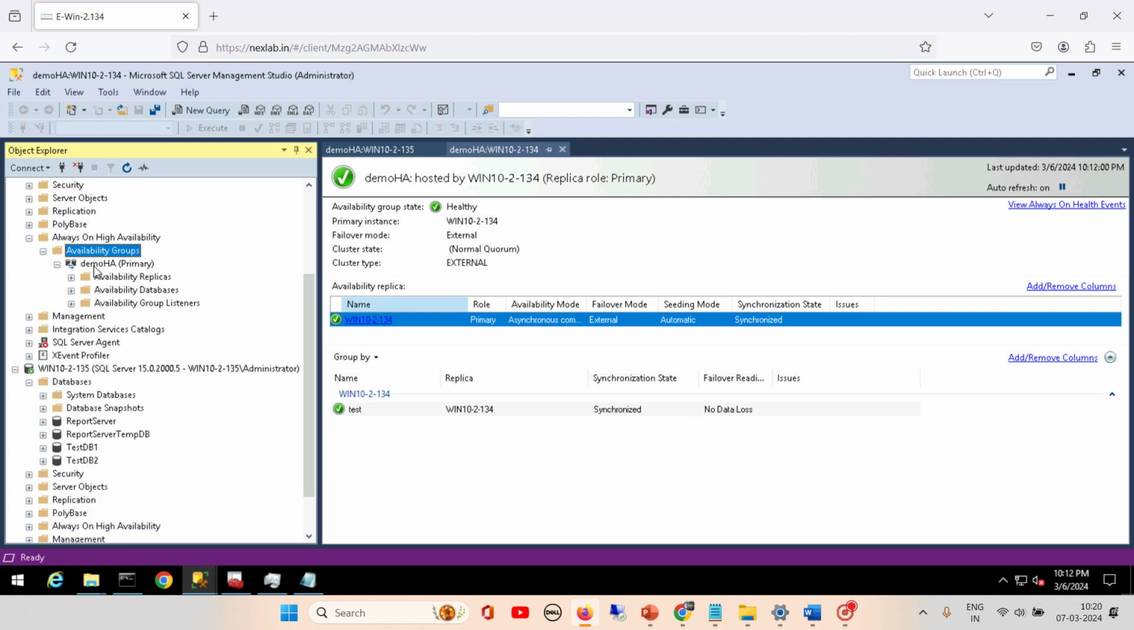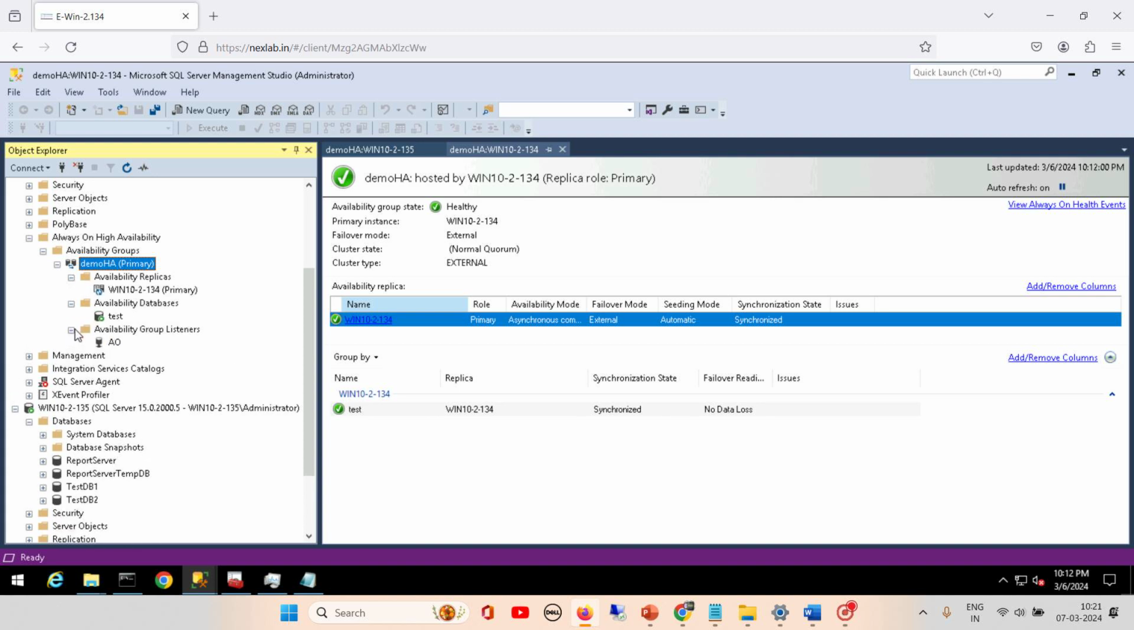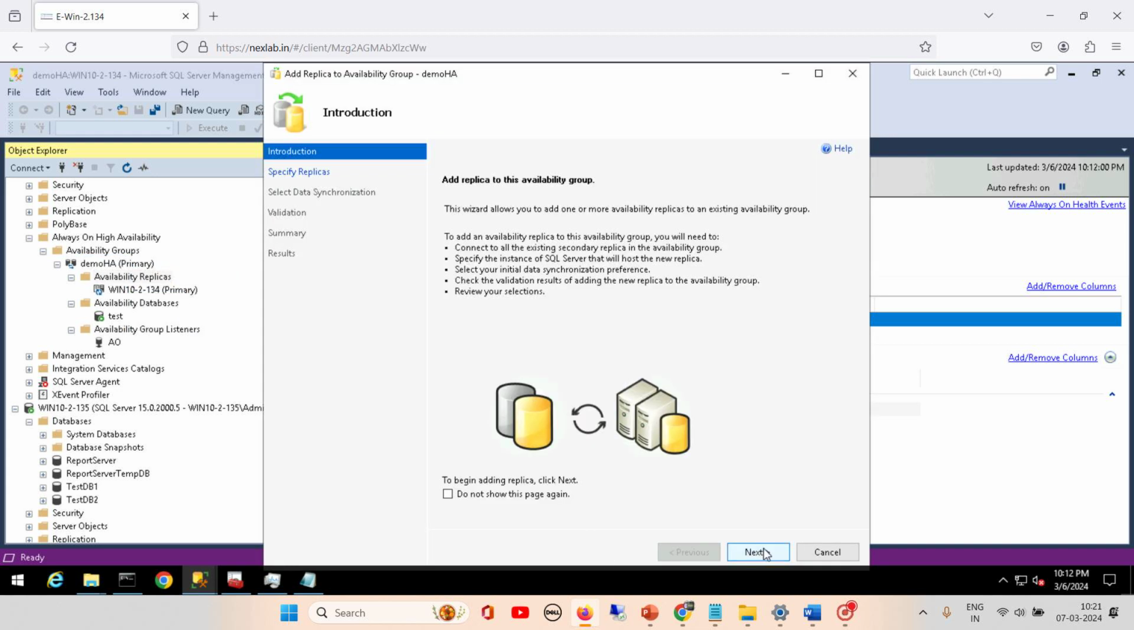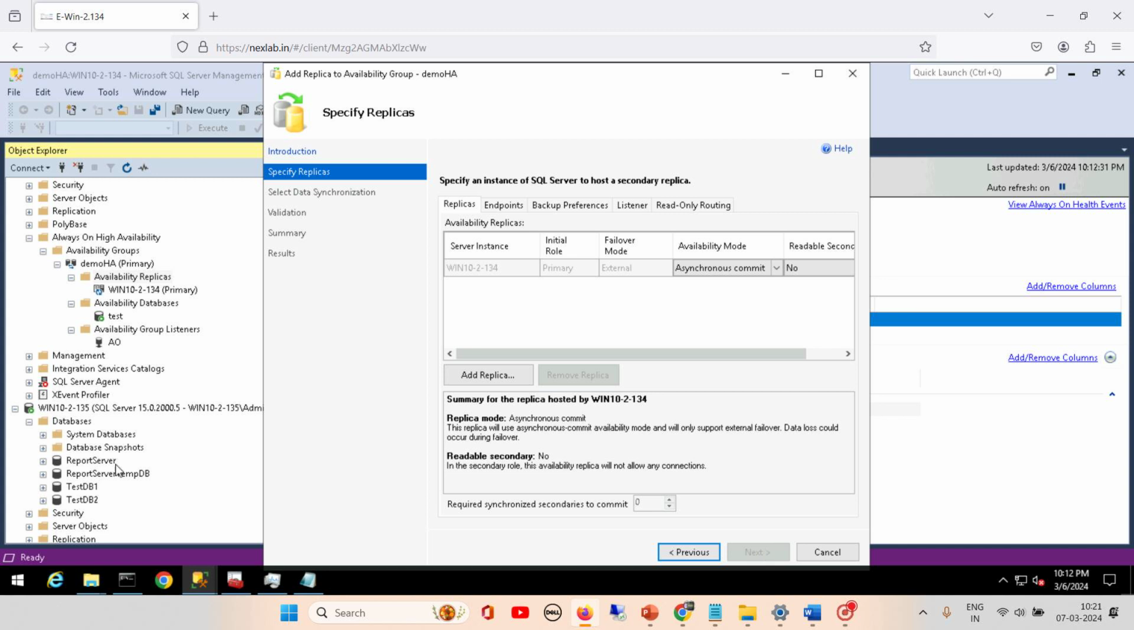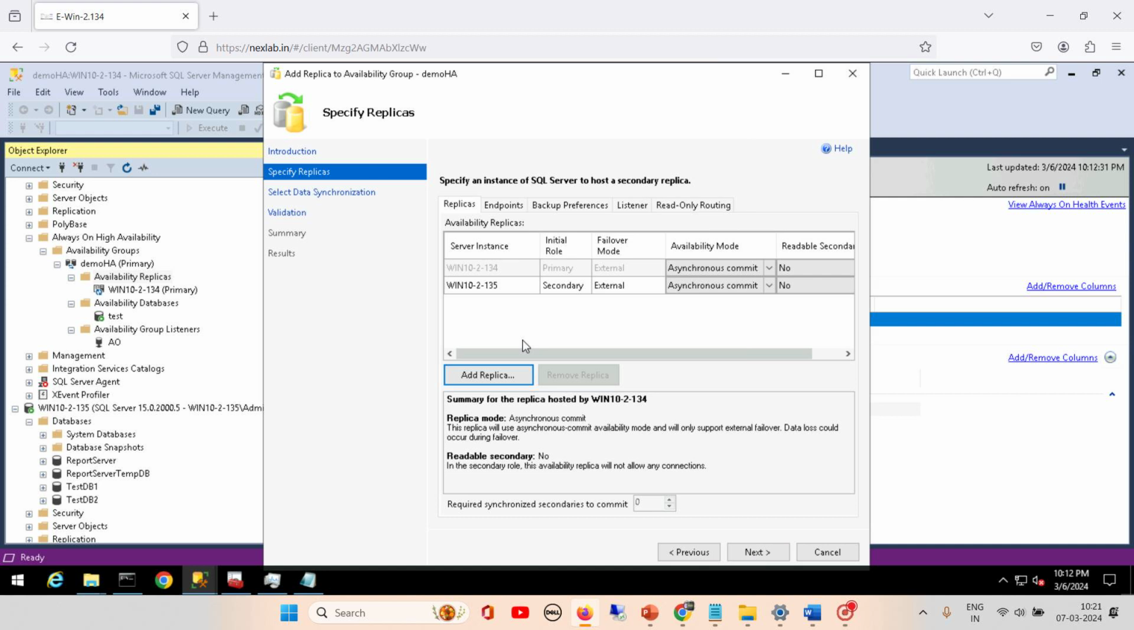okay. So the demo HA availability group we have created. Now we have the replica server, primary, database, and Always On listener. So I'm going to add the replica here, that is our 35, and on 35 we don't have any database. Add 35 here,